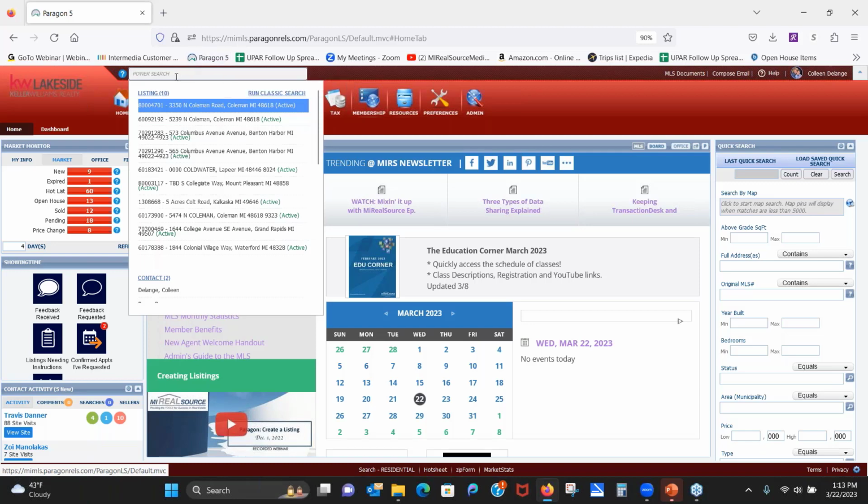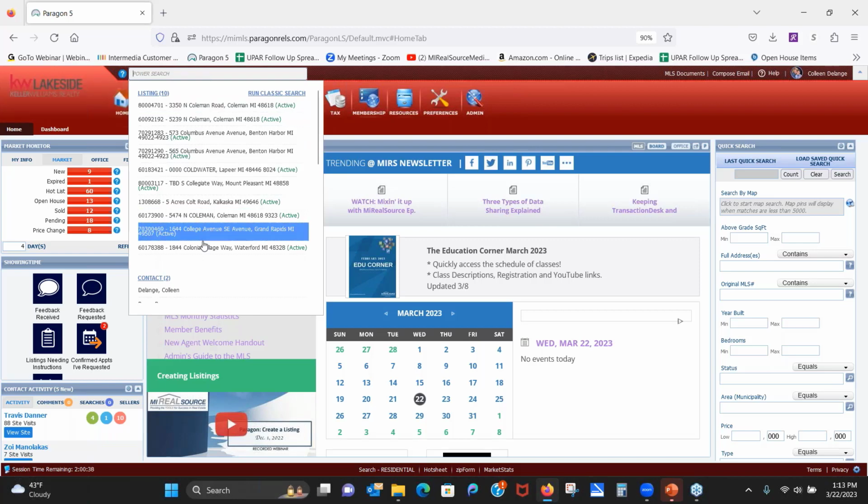Another thing that you can do here is you can actually type in up to 30 MLS numbers right in the power search. Now, I wouldn't recommend doing that. I'm going to be totally honest, as an agent, I've never ever done that. But if it's one or two, you could type in the MLS number, comma, and then another MLS number. And that'll allow you to pull up to 30 MLS numbers at once and go through all of those listing